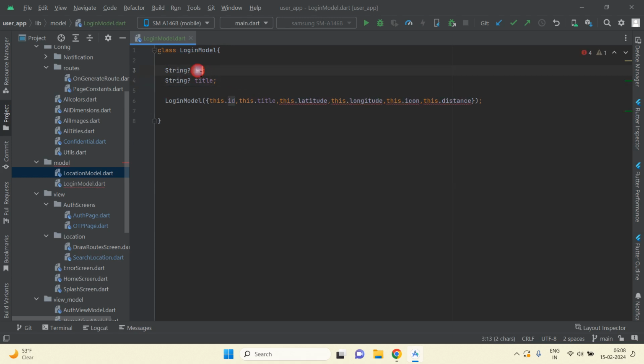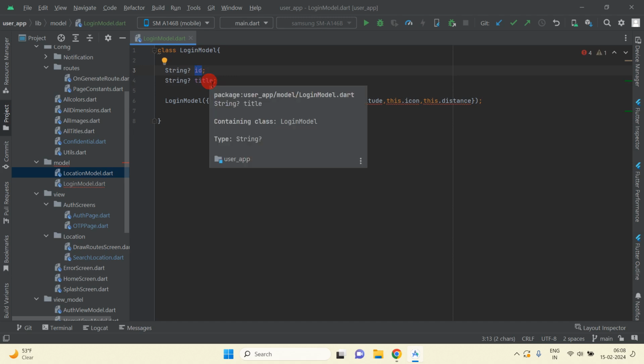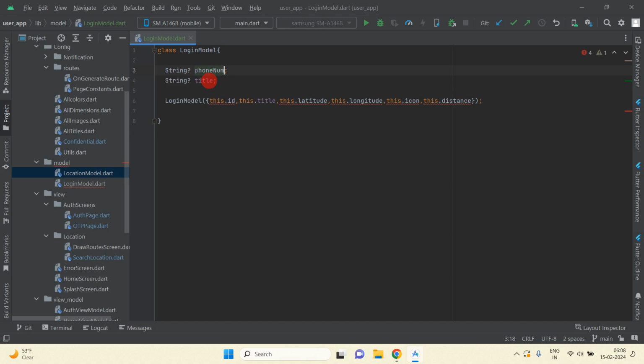First variable would be phone number, and the second variable is verification ID. And then just copy this phone number and paste here, and copy this verification ID also and paste here, and remove unnecessary